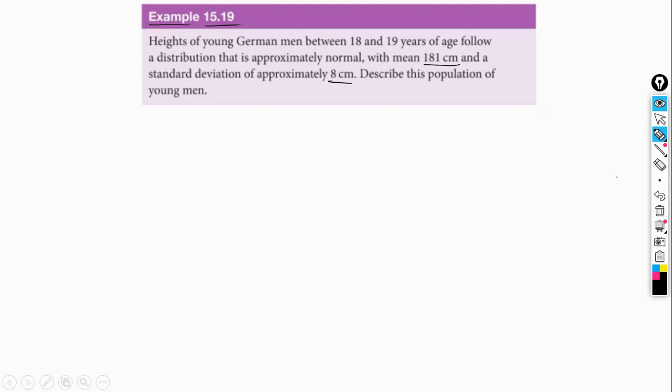Let's remember that in this case the mean is 181 centimeters and the standard deviation is approximately 8 centimeters. So this means that 68% of young German men between 18 and 19 would be at 181 plus or minus 8. So that means that they would be between 181 minus 8, which is 173 centimeters,